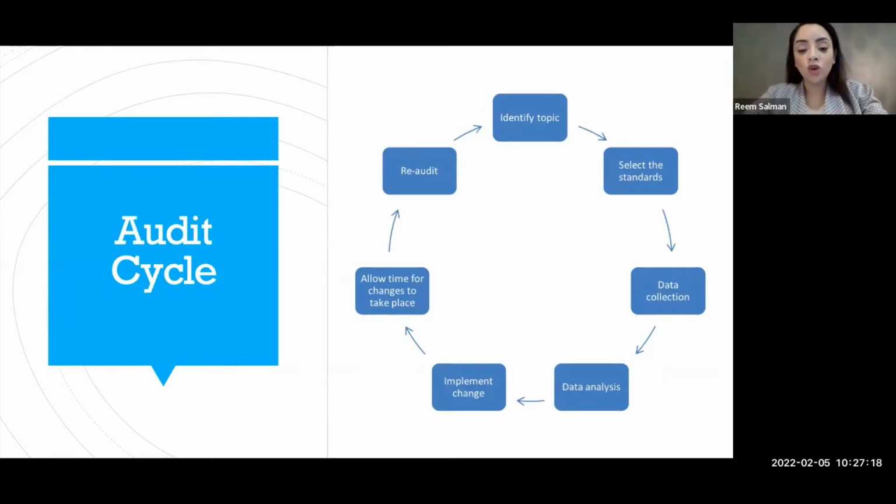When you want to collect the data, you first have to identify your population group and how you are going to sample it. How are you going to include and exclude? And then your data collection tool. Do you need one, or is it just a simple paper proforma that you're going to give out and then put on Excel? Once you have your data nice and neat, you will just analyze this data.